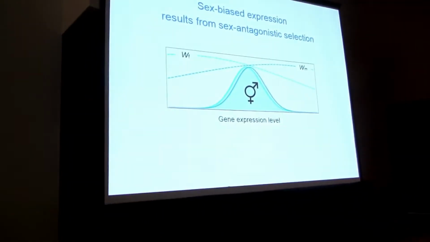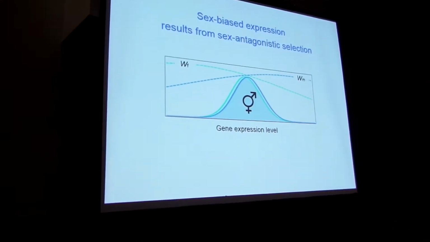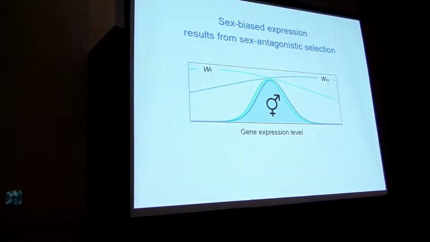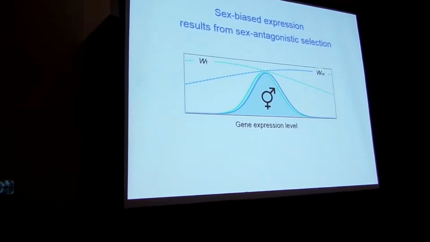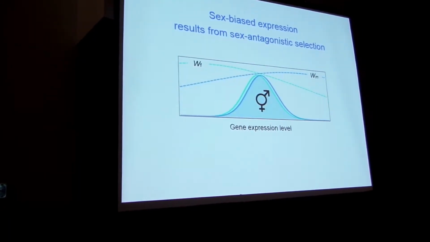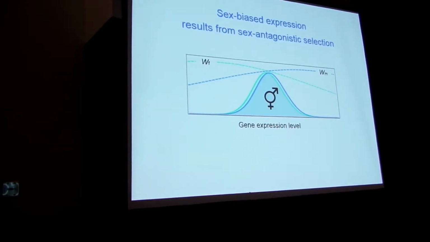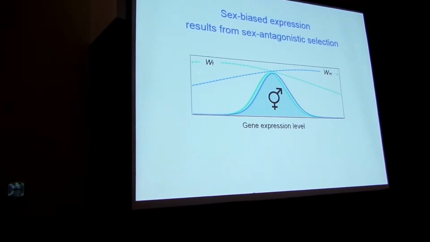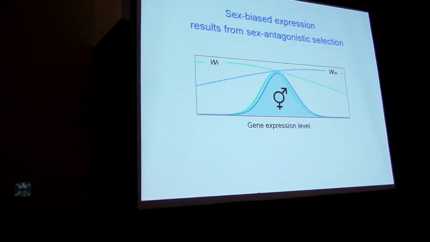So the question is, how do phenotypic differences between males and females depend upon those differences in gene expression? Well, ultimately, sex-biased expression, sex differences in expression, result from sex-antagonistic selection. That's a situation where an allele that's beneficial in males is detrimental to females, or the reverse. So in this situation, I'm graphing gene expression on the horizontal axis. These are two fitness functions. Here's the male fitness function. Here's the female fitness function. In this particular example, the male and female expression is equal. But because selection is favoring a higher expression in males and lower expression in females, there's sex-antagonistic selection favoring a